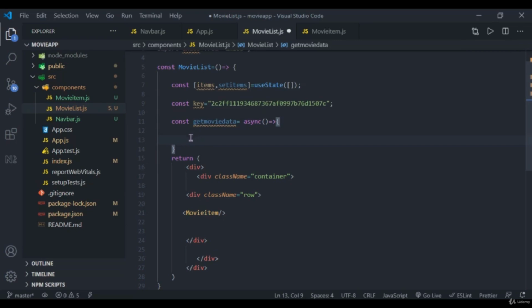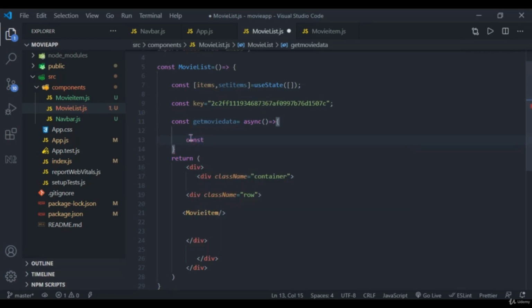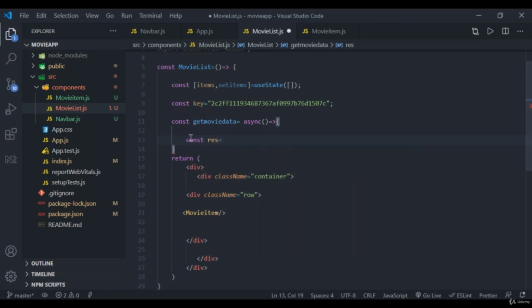Inside this get movie data function, I'm creating another function which is an await. So for now we can await the response from the server until our page is loading. Our response name will be res equal to